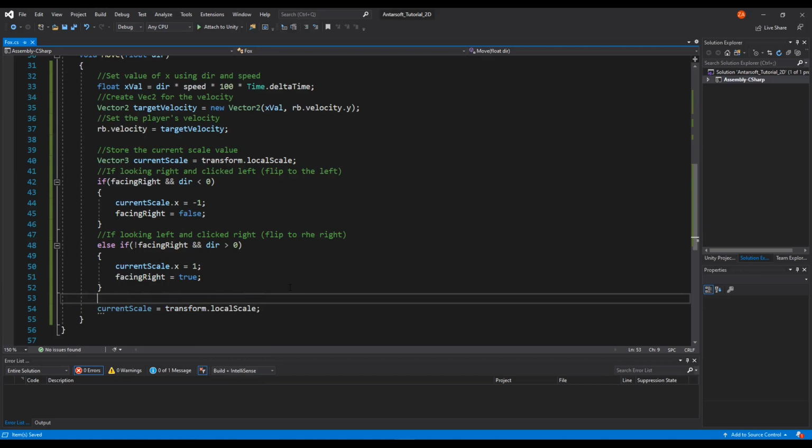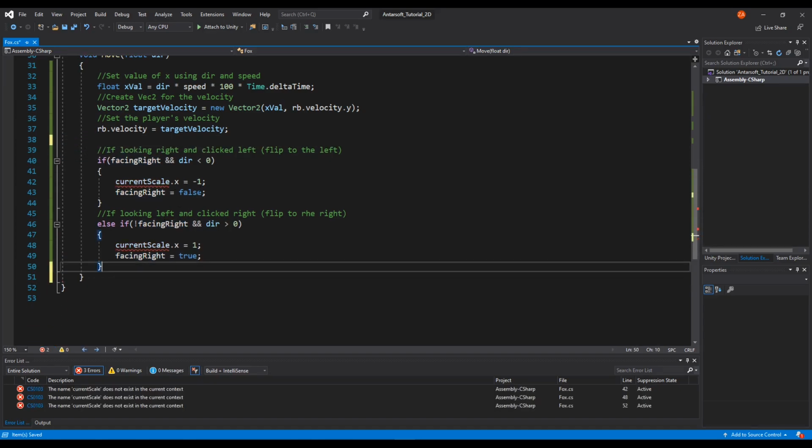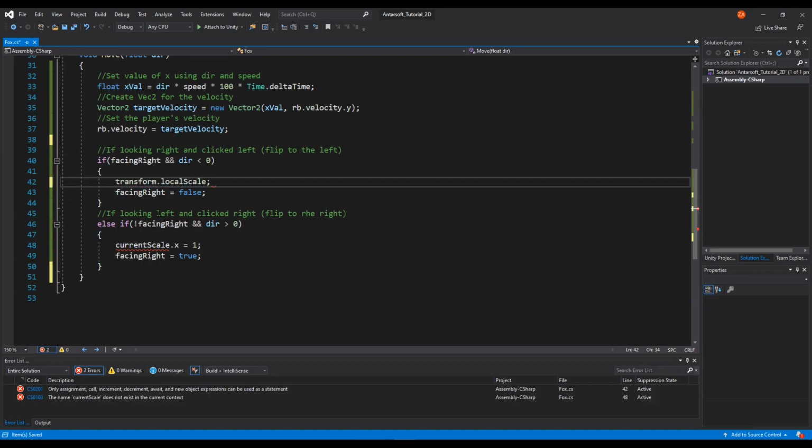You can do it this way if you want to have different optimization for it, like instead of getting the value and then resetting it, we can do just setting it in here once, which can be done like this. So this is the first approach. The second approach, which I think I like more because you have fewer lines,